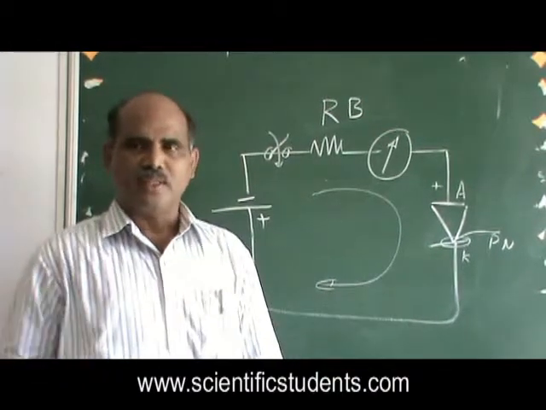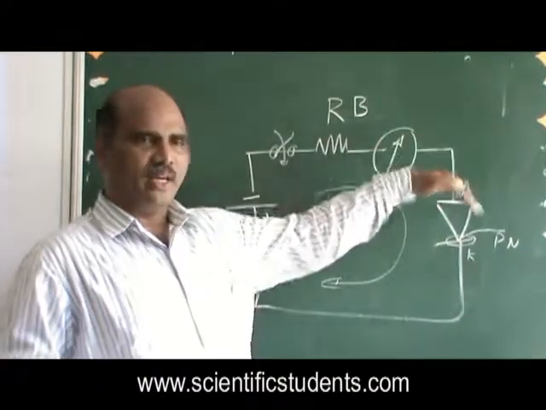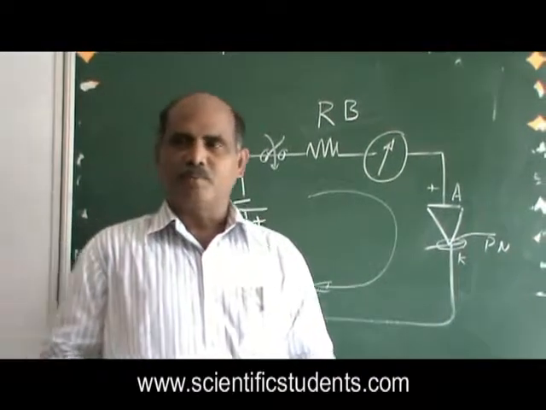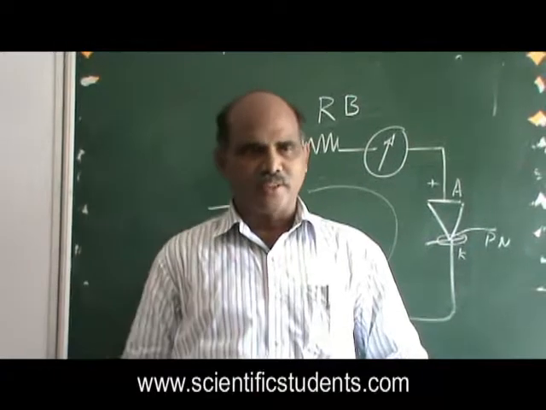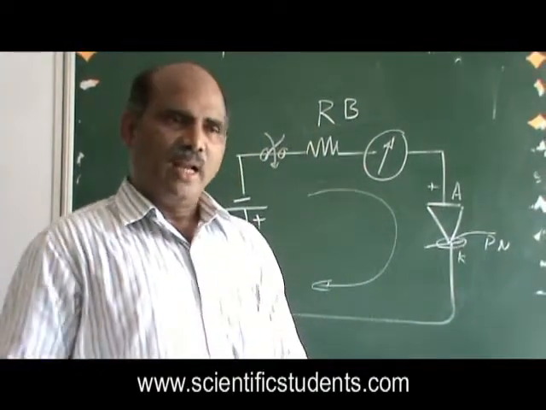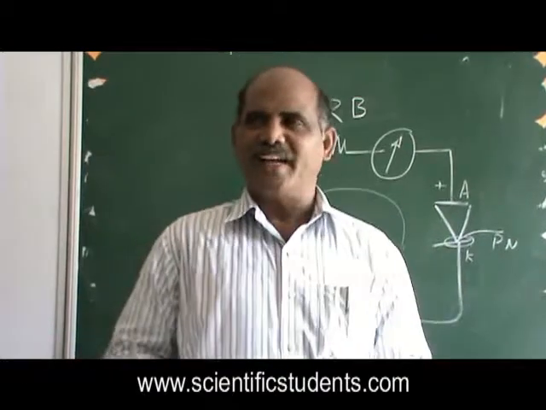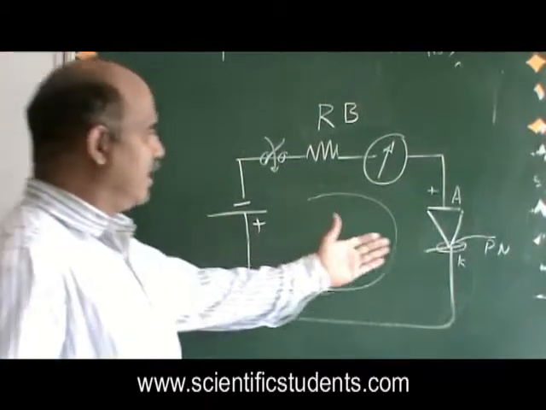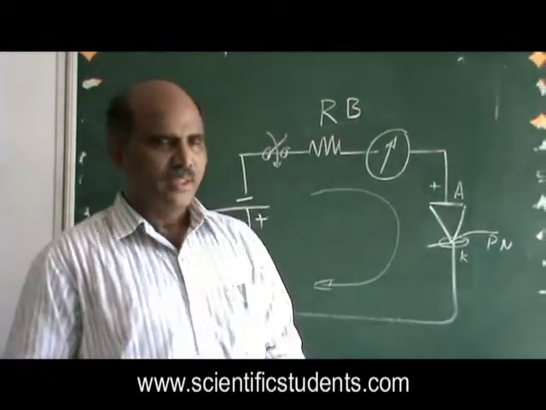Like AC to DC conversion: we give alternating current at the anode and get direct current at the cathode, as in the rectification process. Other circuits will come up later. Okay, I'll also give some examples of the kinds of techniques we can do with diodes. That's important.